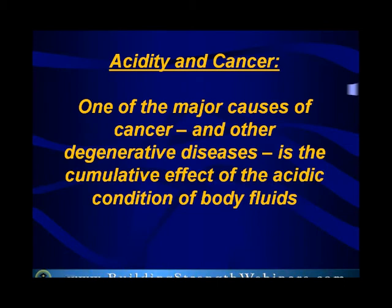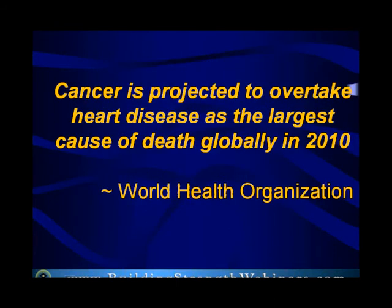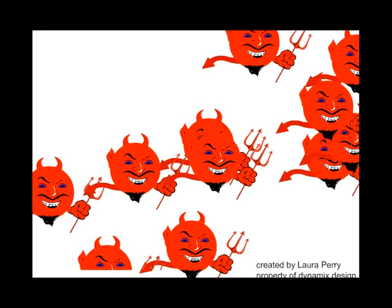Acidity and cancer. One of the major causes of cancer is the cumulative effect of the acidic condition of body fluids. Acidity in the intracellular, that means inside of the cell, and you can have acidity in the cell and acidity outside the cell. This happens when you don't have enough of the alkaline elements, and we're going to come to that in a minute. If you don't have enough alkaline elements, you're going to be predisposed to cancer. And cancer is going to overtake heart disease as the largest global cause of death very, very soon. And here's just a picture of how cancer spreads and multiplies. And this happens in the presence of